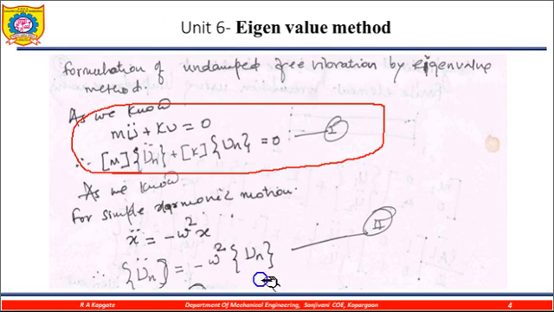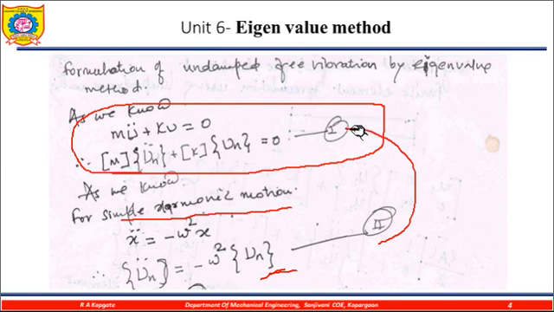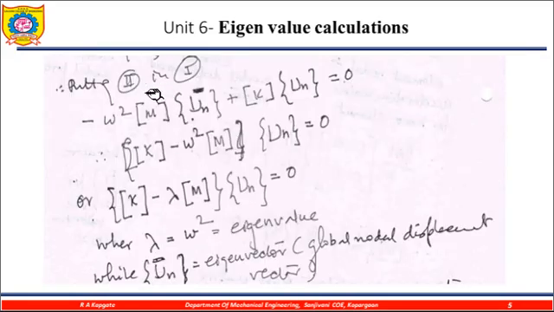Then this is my second one, because this one is considered the simple harmonic motion. By putting 2 into 1, this value I need to put here. So m multiplied by minus omega square into un. So that value I am considering here. Now see, putting 2 into 1, omega square multiplied by m into un plus my k into un is equal to 0. Now by manipulating this one,